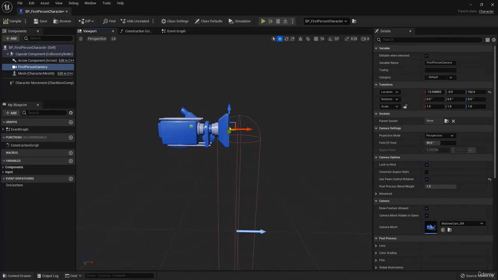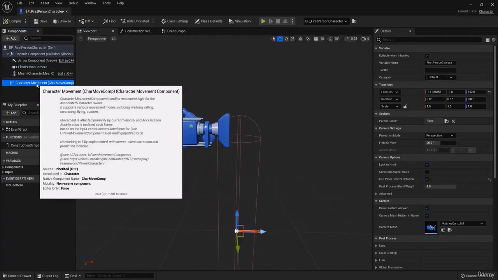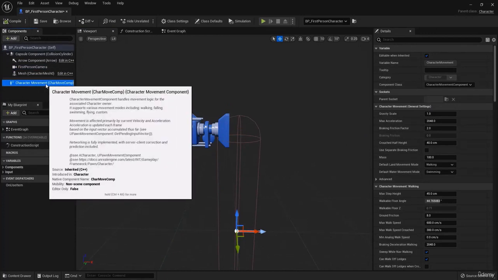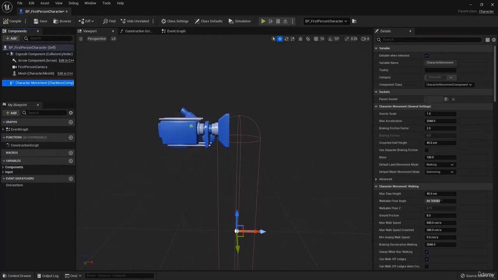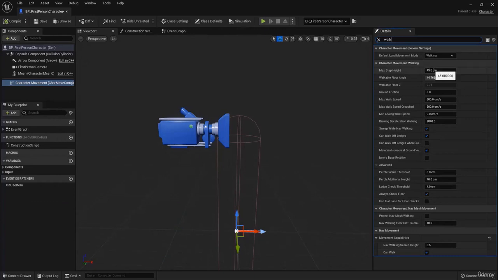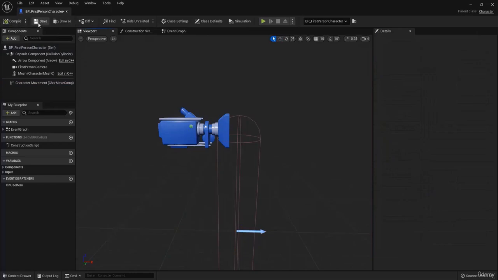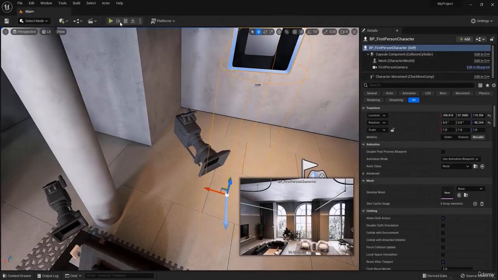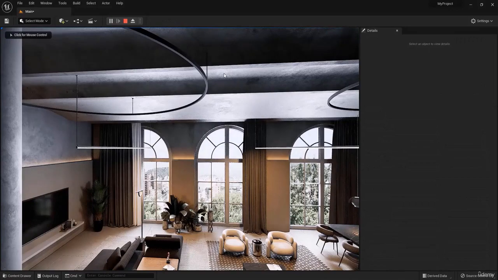I click on compile too, and now the next thing that I want to work on is the speed of the movement of my character. So I have this character movement under components. I click on it, and inside the search box I need to search for the word walk. So I have max walk speed, and right now for testing purposes I'm going to put this on 200, for example, and I'm going to click on compile again and save it, and just close this, go back and hit play,